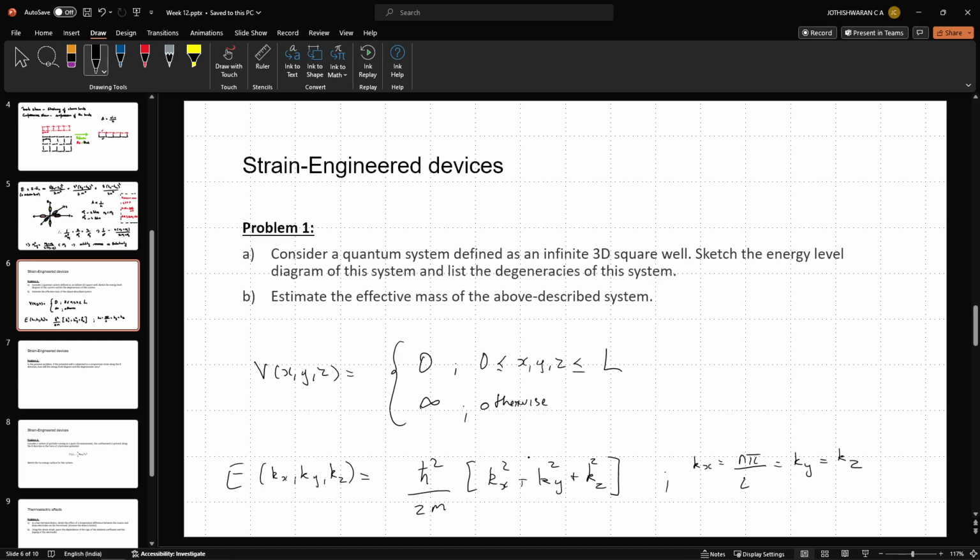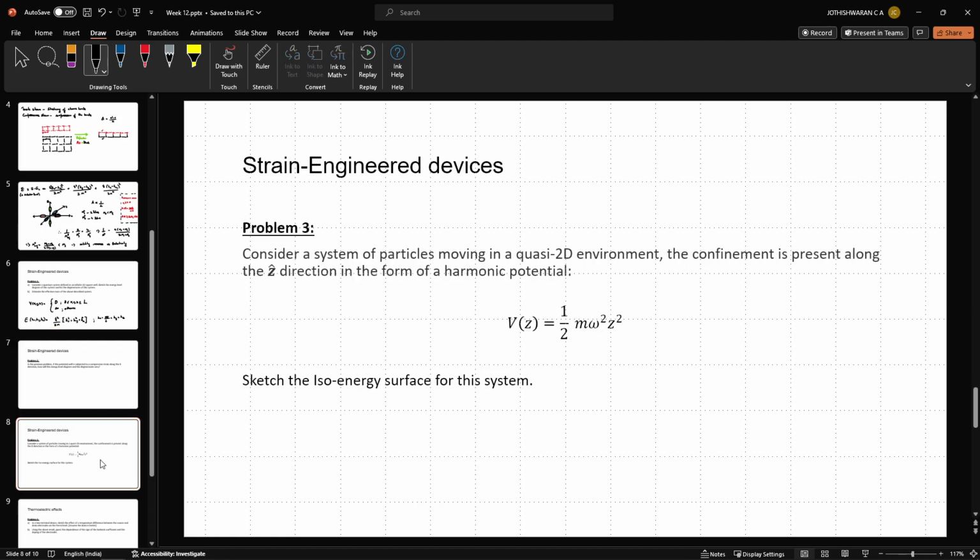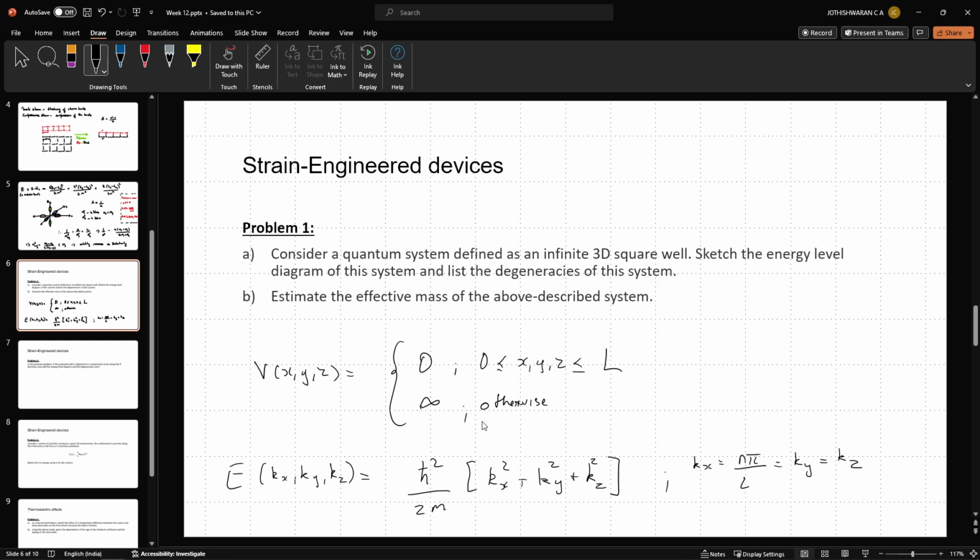Okay, so this part is actually supposed to be done for the second problem. I kind of changed the question order here. But yeah, this is problem one. So this is A. Now we need to sketch the